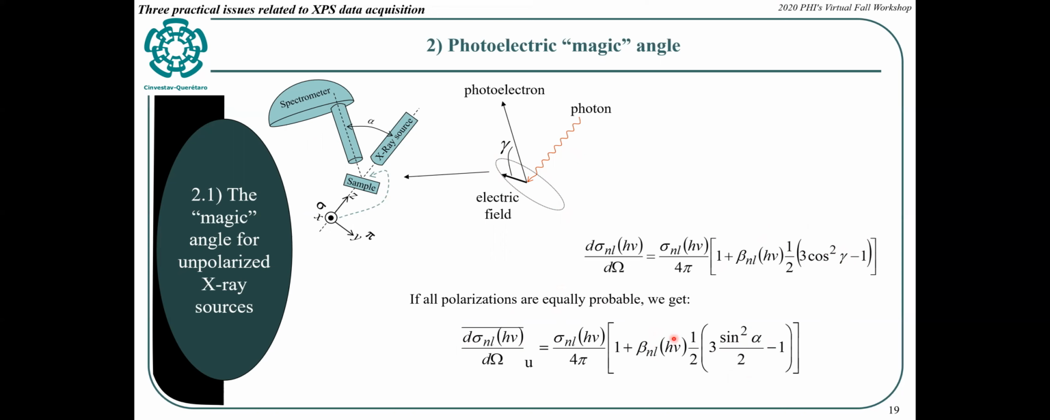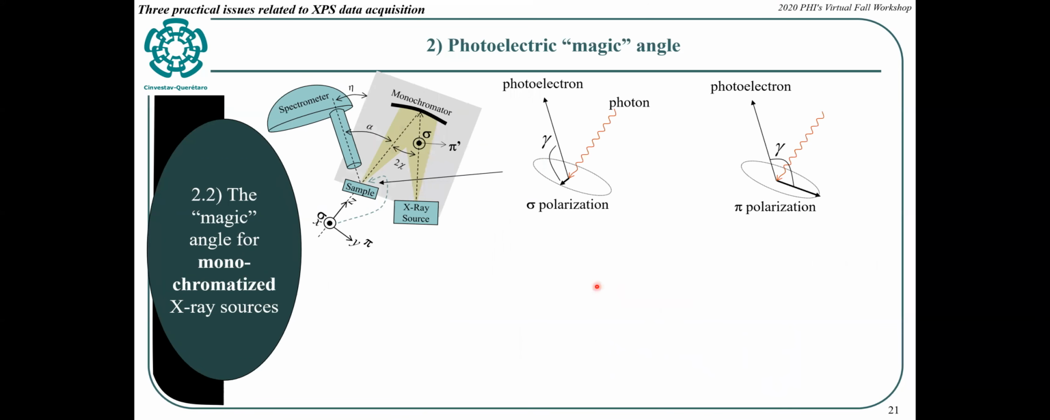So the magic angle is obtained by making this term equal to 0, such that the differential cross section won't depend on the asymmetry factor. To make this 0, you have to choose your angle alpha as 54.7 degrees. That's why in so many spectrometers with this kind of source, the angle here is 54.7 degrees. This is called the magic angle. In a monochromatized X-ray source,